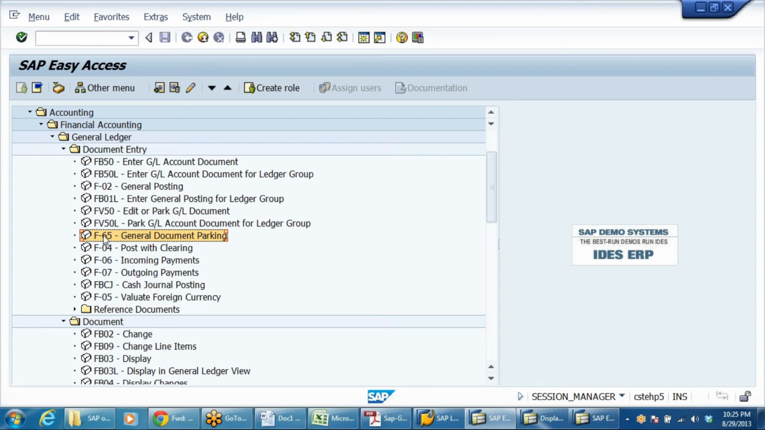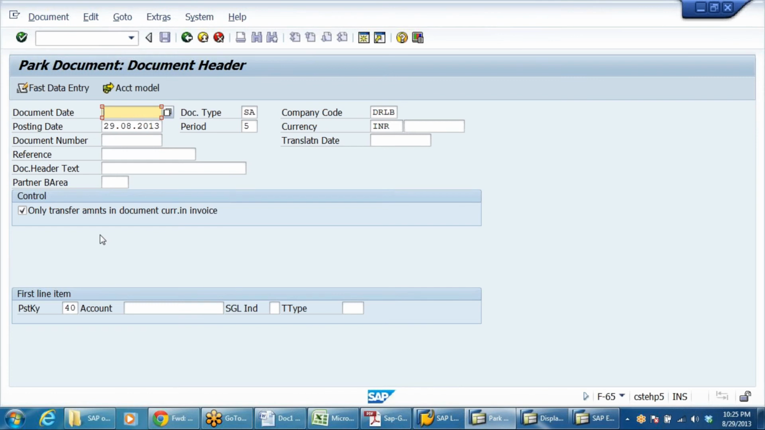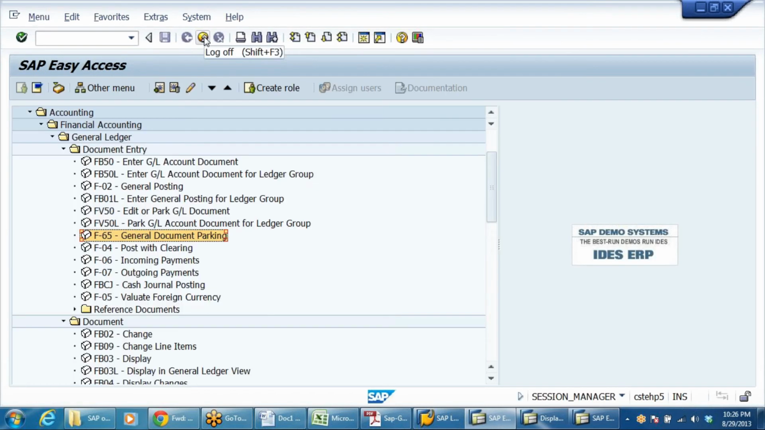So say for example, now for me, since we are in the process of practice, we are in the practice client 800, and we can access, of course, all. Now F-65, double click on this for document parking. But before we park a document, we need to create some number range. Numbering in the sense, because as soon as we post an accounting entry in F-02, it will post. But for parking,